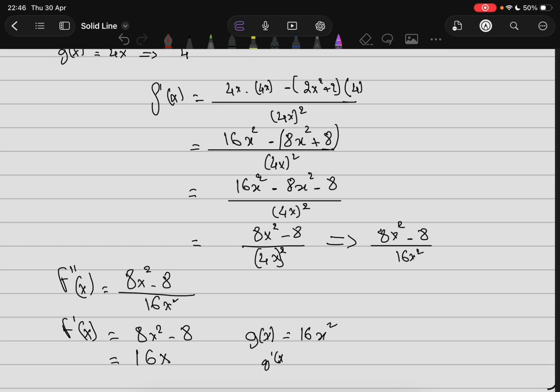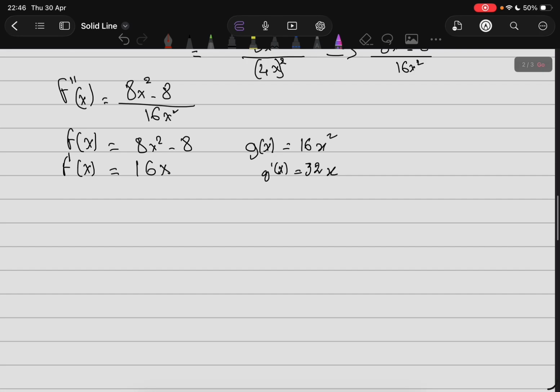So g prime is going to be 32x. Now we're going to use the same rule. So the second derivative is going to be